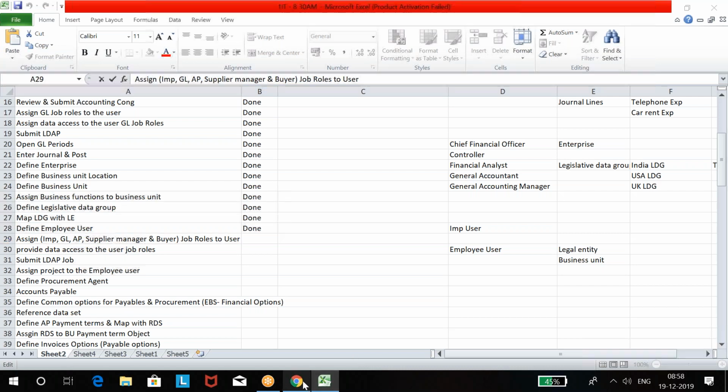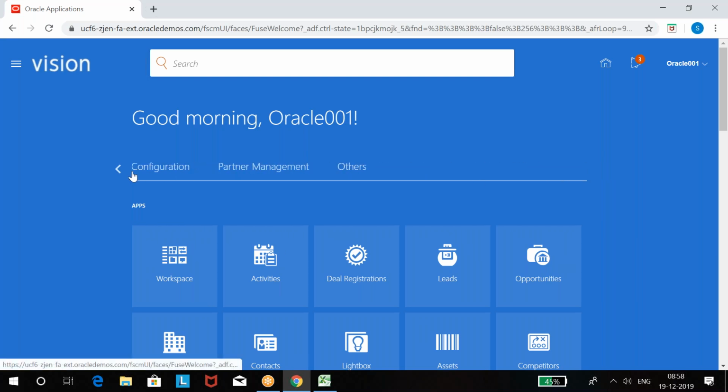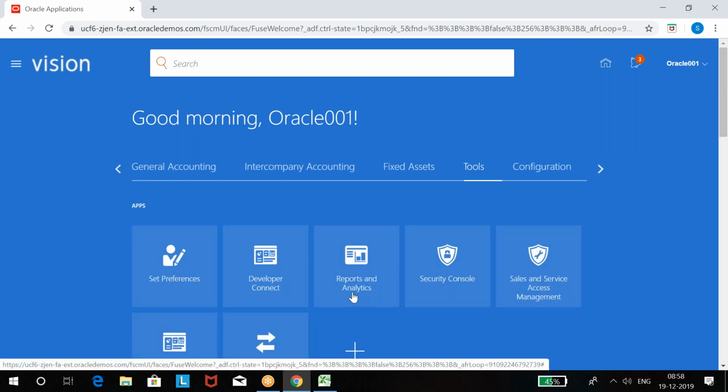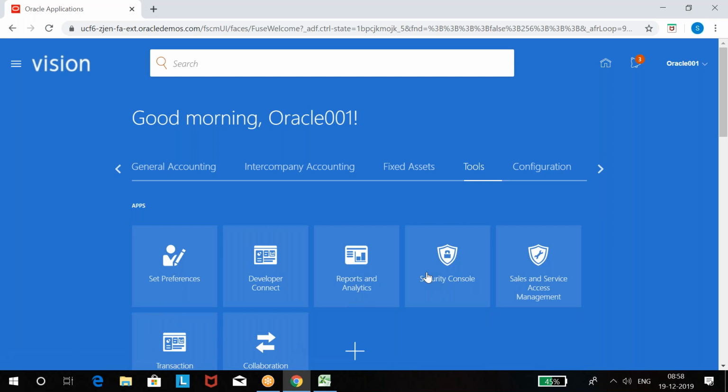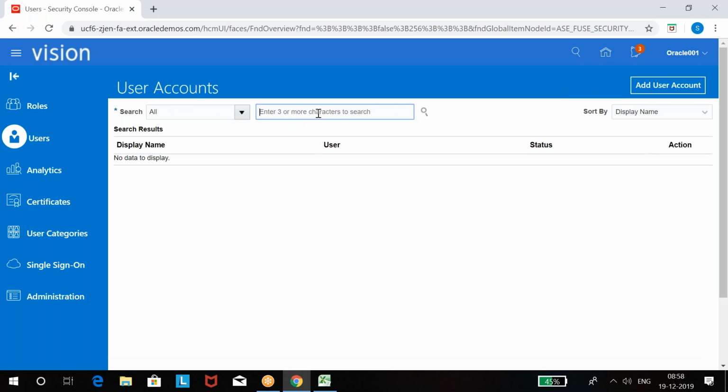Which user? Employee user. So I have logged in with Oracle 001 only. This is the implementation user. And from here, go to tools. Under tools, security console. Go to users. Find your username.